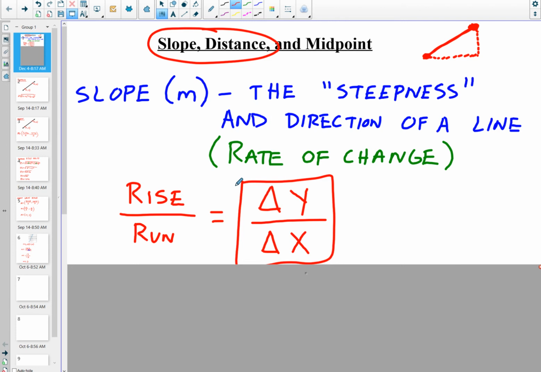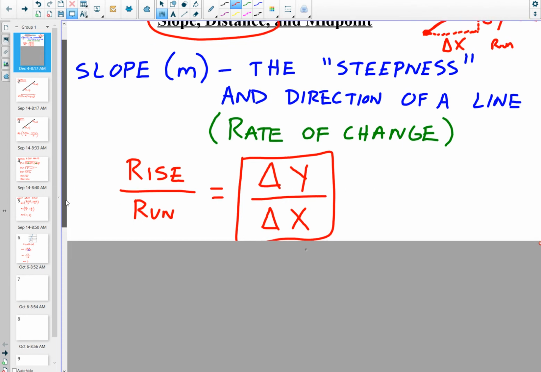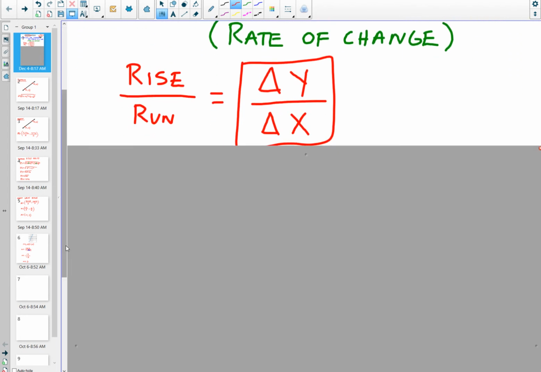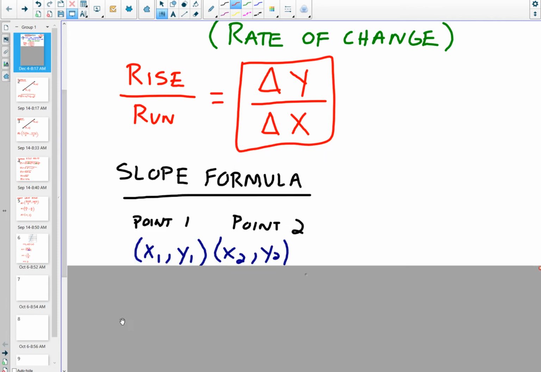Guys, we're about to make connections and then you're going to have your aha moment. This horizontal distance, that's delta x. This vertical distance, that's delta y, also known as the rise and the run. Once you divide those, how many points are we using to find slope? How many points did I draw on the board? Two. So if you get those 2 points,